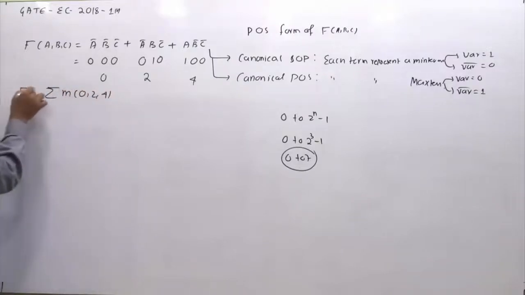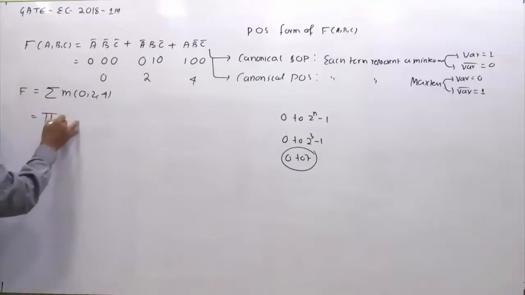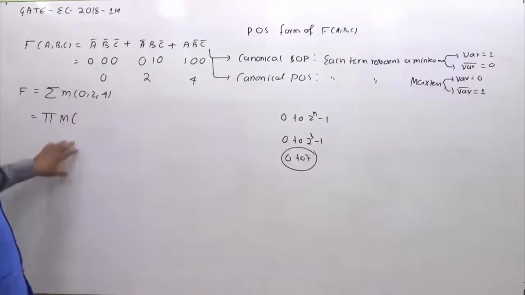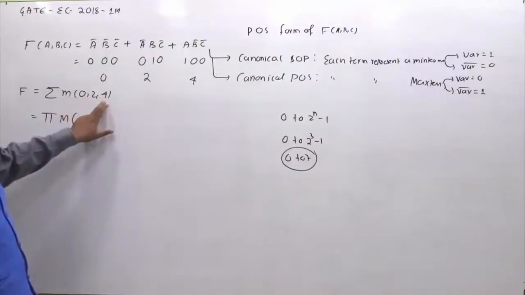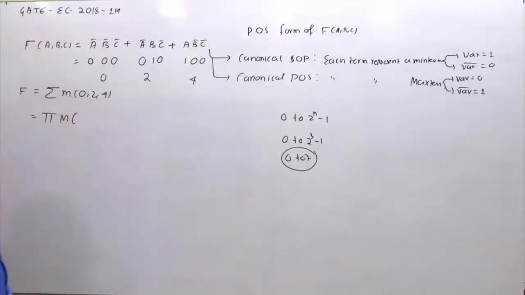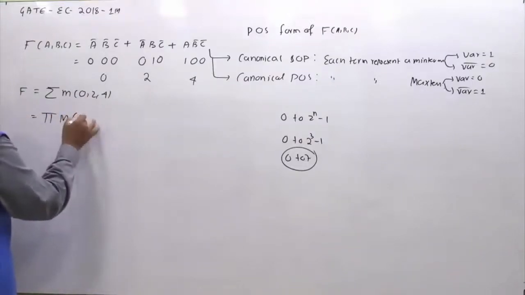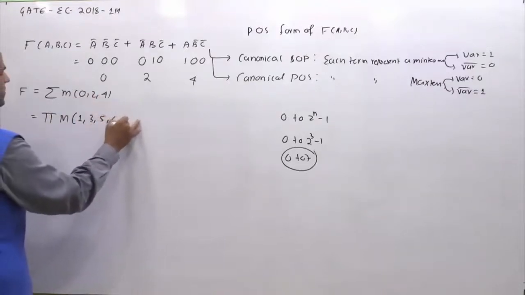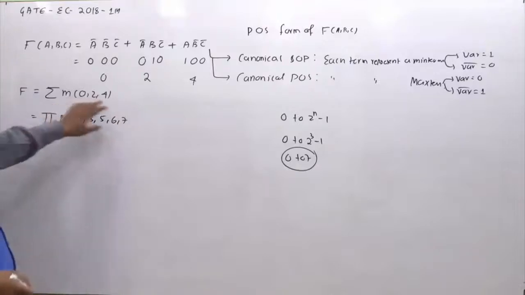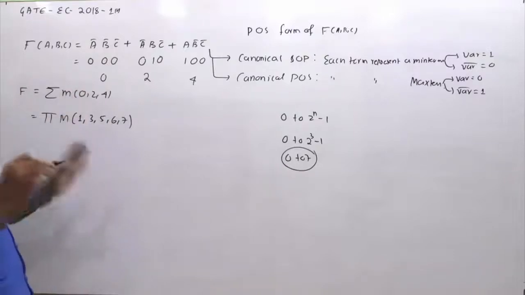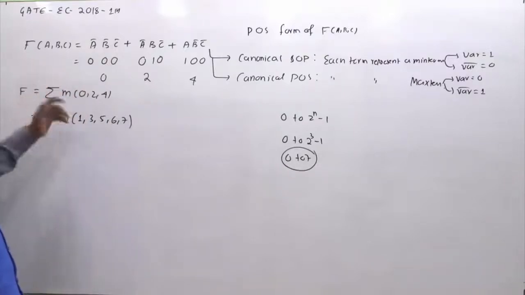If these are min terms of f, what are the max terms? Those indices between 0 to 7 which are not present here will be max terms. Because 0, 2 and 4 are min terms, the remaining indices between 0 to 7 which are not in this set will come in max terms. So 0 is present, so it cannot be a max term. 1 is not there, it will be a max term. 2 is there, it cannot be a max term. 3 is not there, 4 is there, then 5, 6 and 7. Obviously it makes sense. If 3 are min terms, 5 should be max terms, so that the sum is 5 plus 3 becomes 8. Total there are 8 terms. Out of 8, 3 are min terms. Remaining 5 will be max terms.